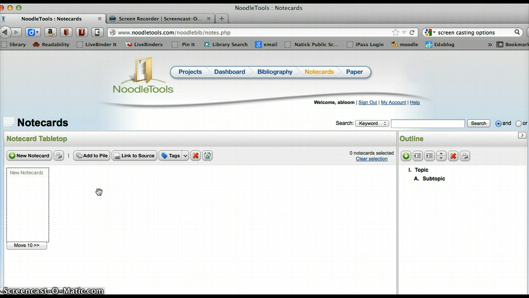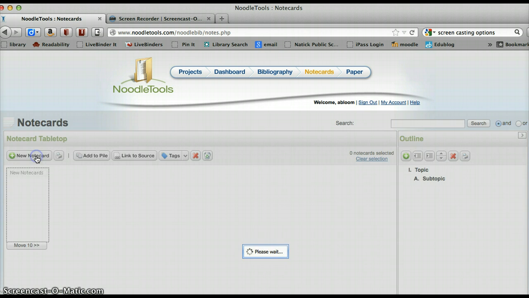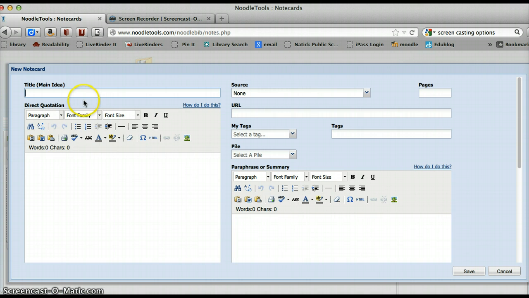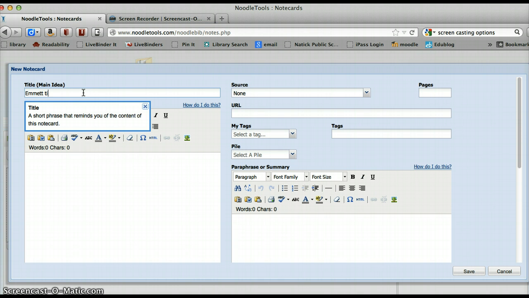So you've decided you're going to learn more about the trial of Emmett Till's murderers. And so you're going to start a new note card, and in this you're going to put in everything that you learn about the people who were accused, acquitted, and eventually convicted of murdering Emmett Till. So we're going to say Emmett Till,